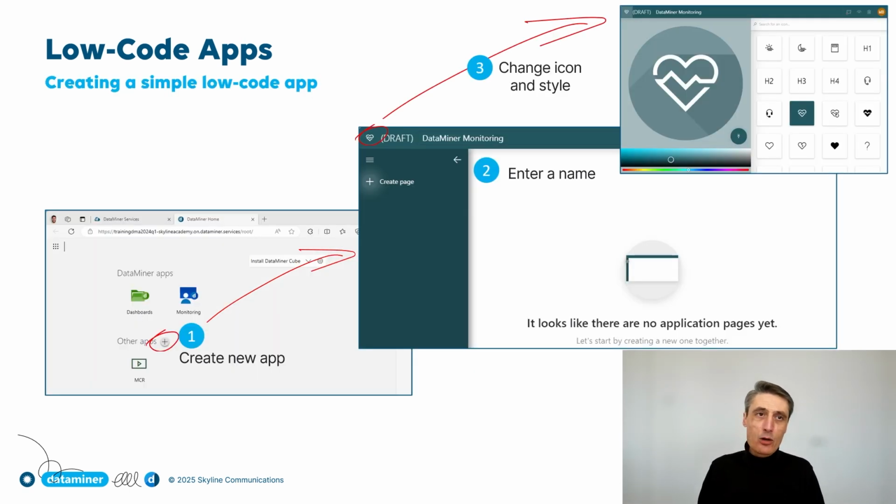Okay, so how can we do that? Well, very simple. On the homepage of a DataMiner agent, we had the dashboards and the monitoring app there. So we looked just at the dashboards app. Now we're also going to take a look at the other apps we can add there, and that's creating a new app. So if you don't have an app yet, it says just create new app. If you click on there, it will give you